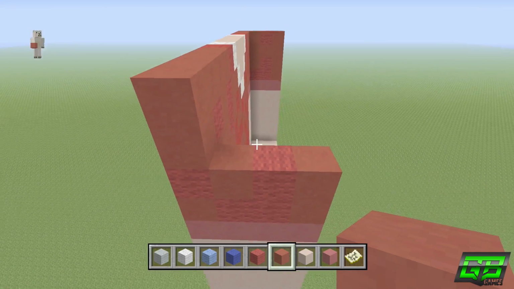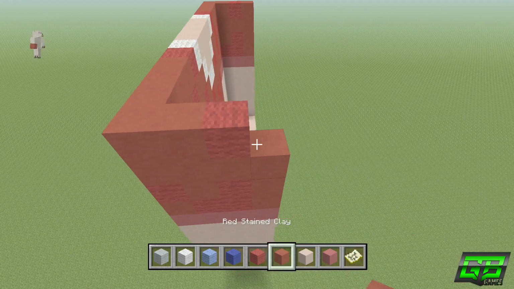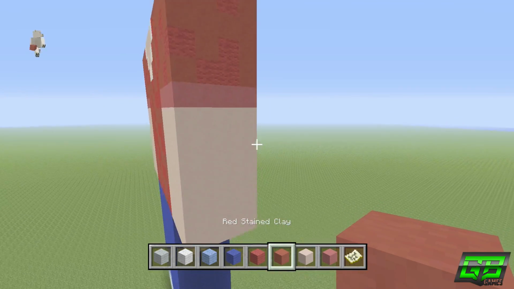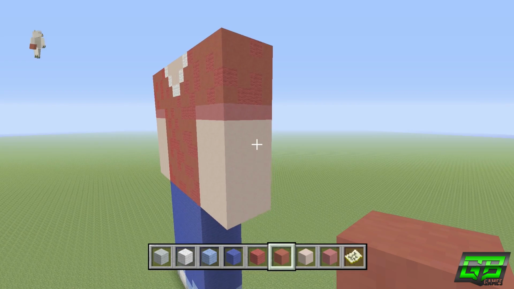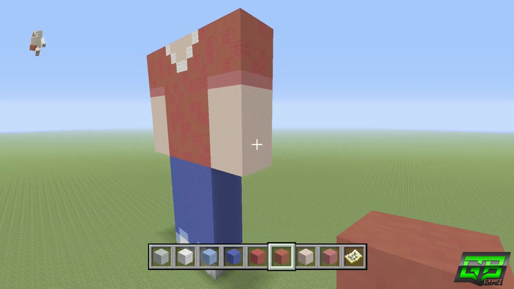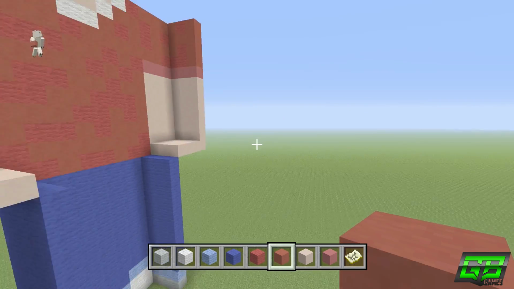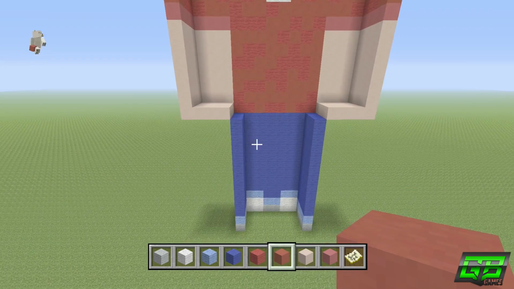The next layer is 3 stained clay, and then the final layer is 1 clay, 1 wool, 1 clay. And that is what it looks like. It's as simple as that, 12x4, and that is the right side of the arm. So, it's looking really nice. We're making nice progress. However, if you come around to the rear side, you notice a slight issue, and that's